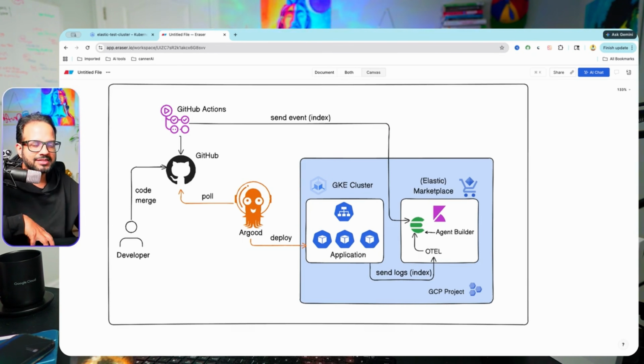So it will pull the changes. Then, okay, there is a commit that happened on the main branch, and Argo CD has the detail of which branch to look for, which repository to look for, and so on, and we'll be configuring this. As soon as it finds that commit, it will deploy the change to the GKE cluster that is running on a GCP project. At the same time, a GitHub Action workflow will also be triggered